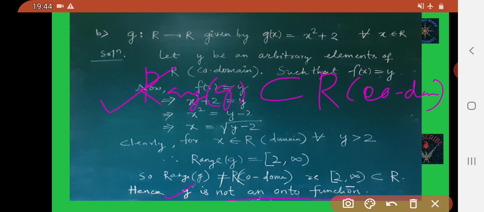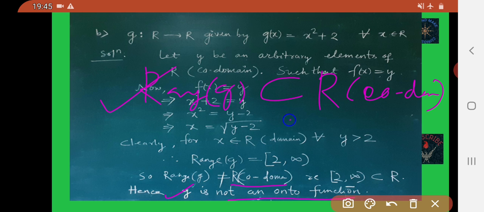For an onto function, the range of g must be equal to the codomain of the g function. But here we are not getting that. That's why this function g is not an onto function.